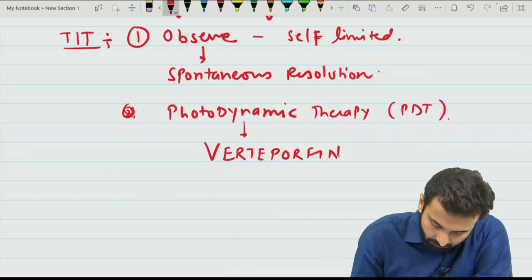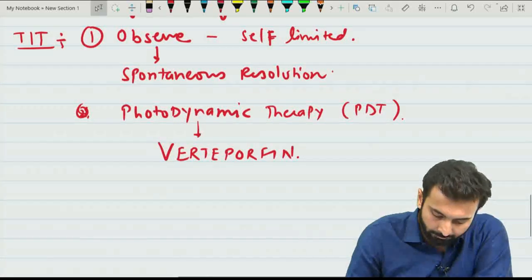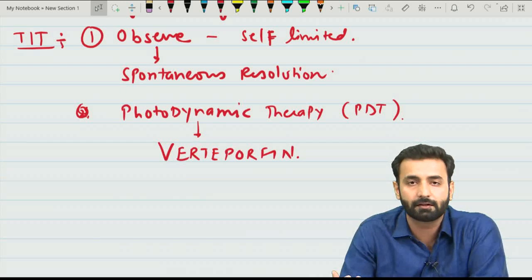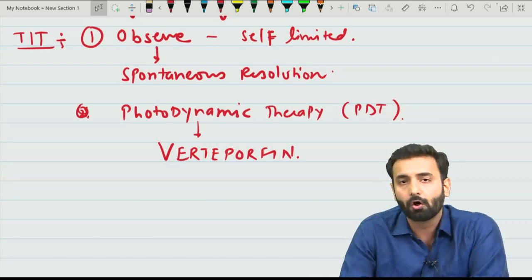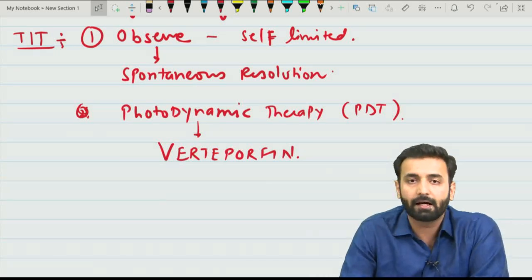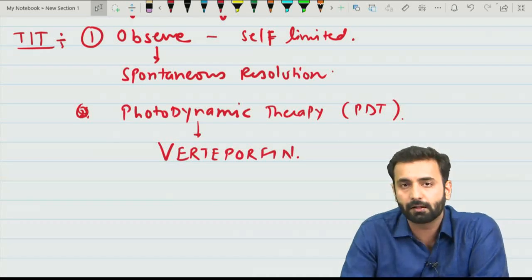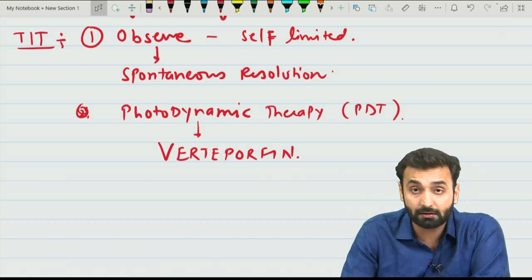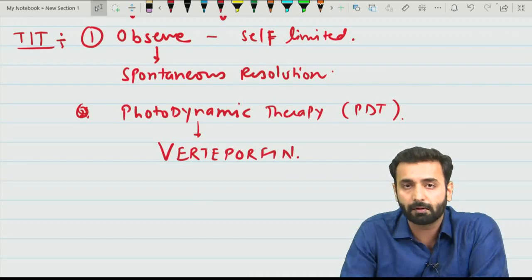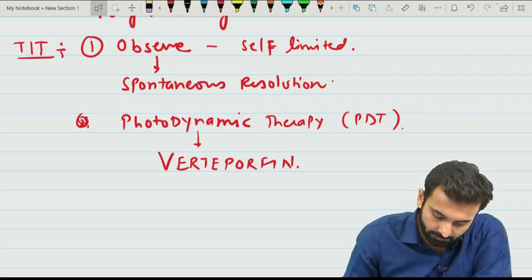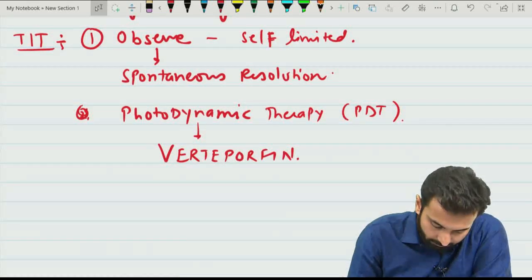Verteporfin drug is used in photodynamic therapy. In which conditions do we give treatment in CSR? If there is any recurrence in the same eye or in the fellow eye, and if the neurosensory retinal detachment or the shallow detachment doesn't resolve even after 3 months, right? So you have to wait for 3 months, and after 3 months we go for photodynamic therapy,